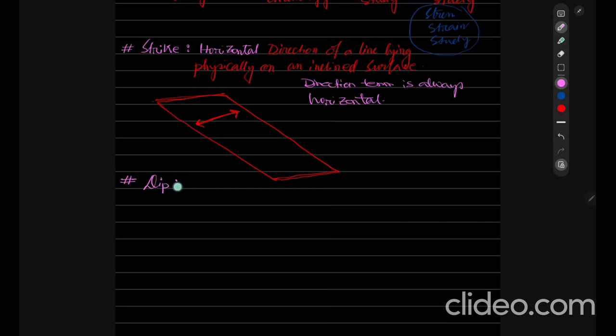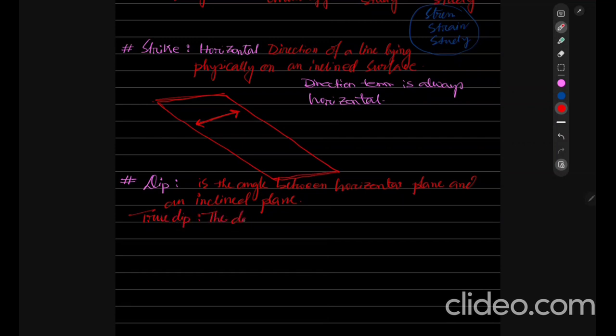What is dip? The dip is the angle between the horizontal plane and the dipping plane. So dip is the angle between a horizontal plane and an inclined plane. Now this is dip. In which plane we measure the dip determines whether it is a true dip or apparent dip. In case of true dip,